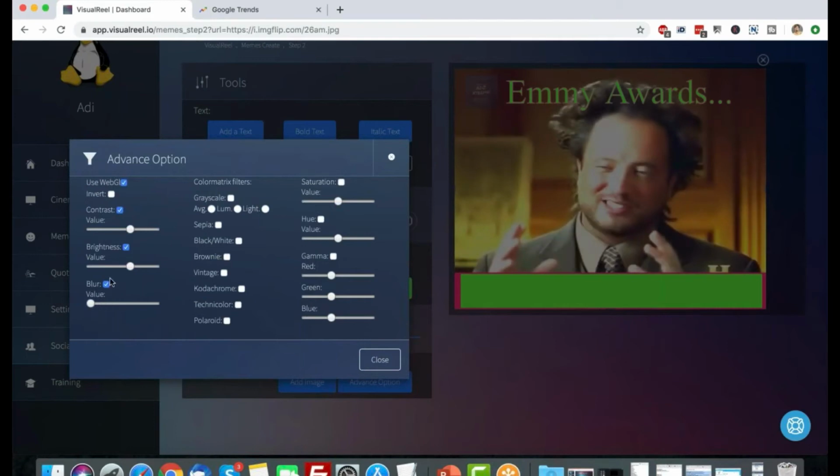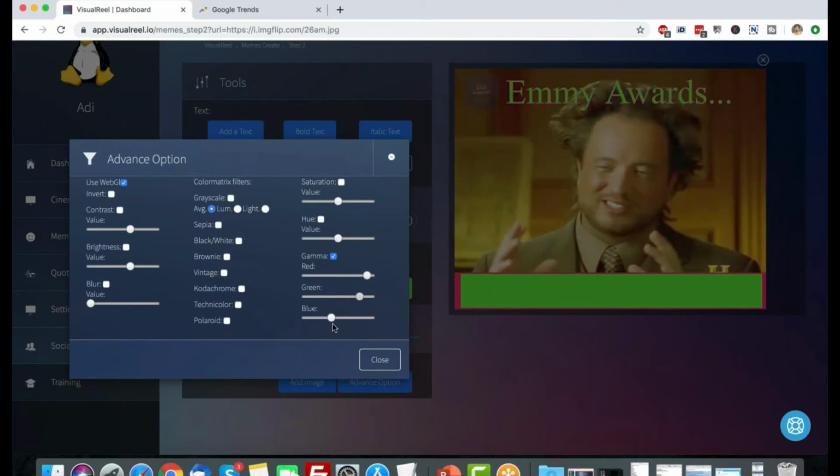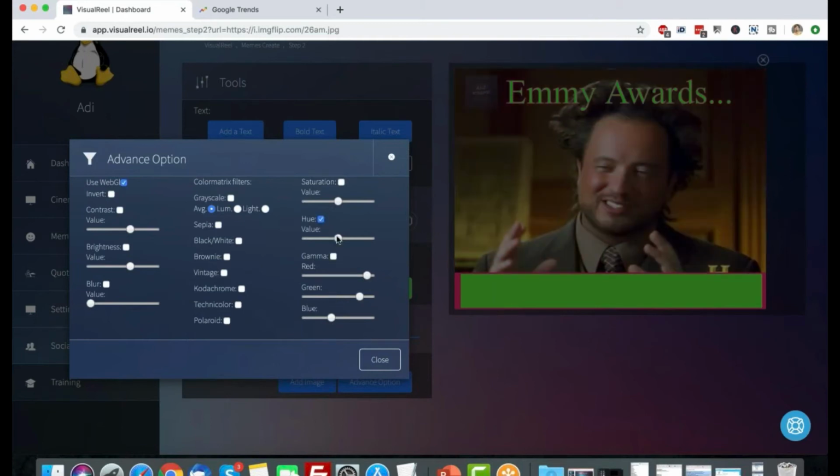I'm going to remove all of that. I've got a grayscale option, so I can make it grayscale, black and white, whichever way I want. Can add a little bit like a vintage filter. I can add a black and white filter, make it brownie, more vintage. We got all these Instagram sort of filters that you can add. You can add a Polaroid. You can increase or decrease the colors if you want. You can add some hue, just drag and drop. Again, these are all ways to make your meme stand out a little.